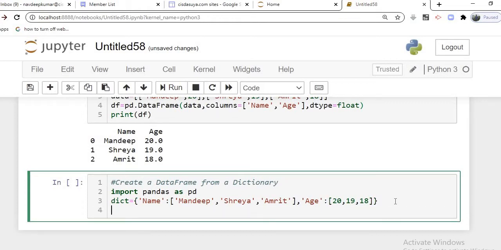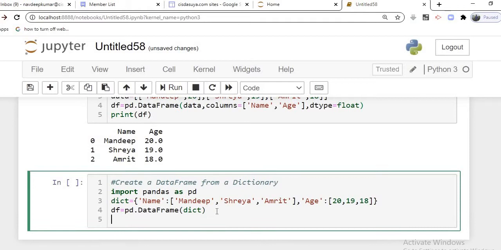Now how to convert this into a data frame? df is equal to pd.DataFrame, and first we are supplying the dictionary. After converting into a data frame, the last step is to print the data frame.